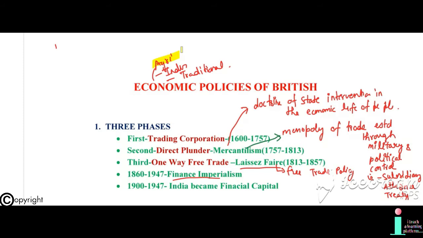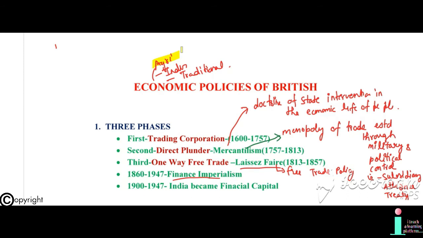William Wilberforce was the main spokesperson in the British Parliament. Charles Grant influenced the policies of Christian missionaries in India. So the impact of these three can be seen in various economic policies or other social policies of the Britishers from time to time. For example, laissez-faireism. The principle of laissez-faireism could be seen in the third phase of the Britishers' economic policy, that is one-way free trade, which is in contrast to mercantilism, state influence or intervention in the economy of the state.